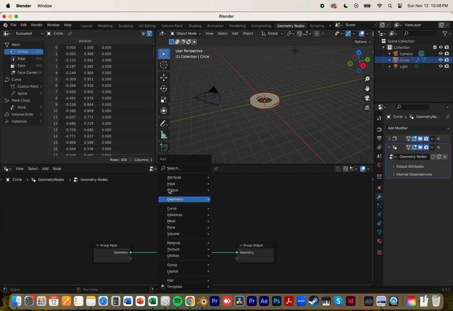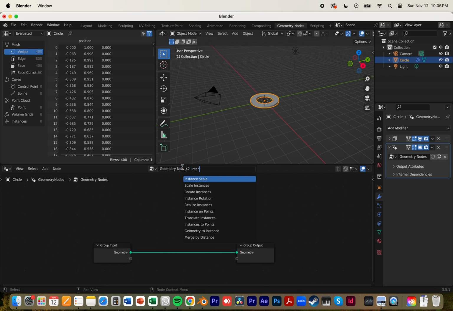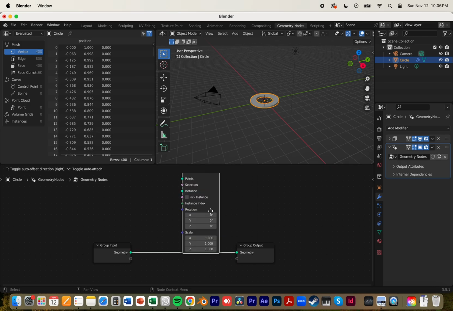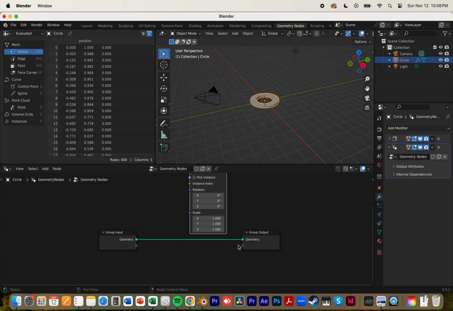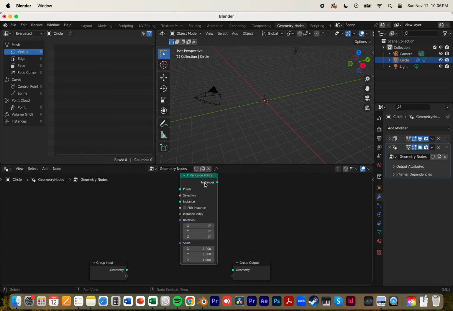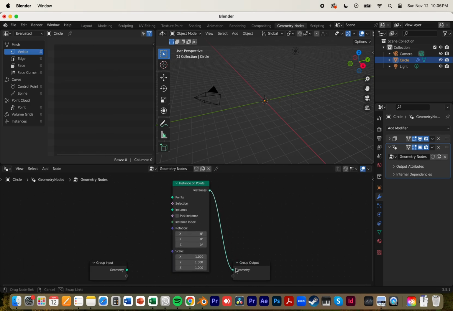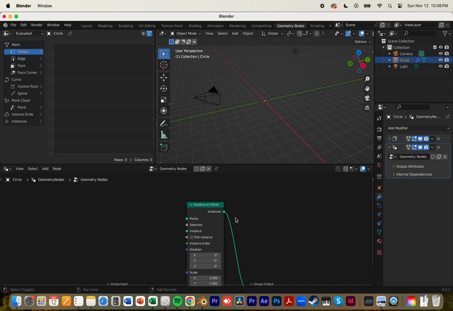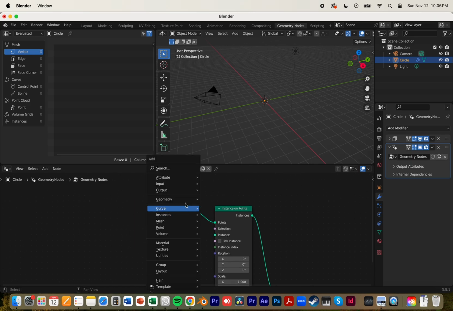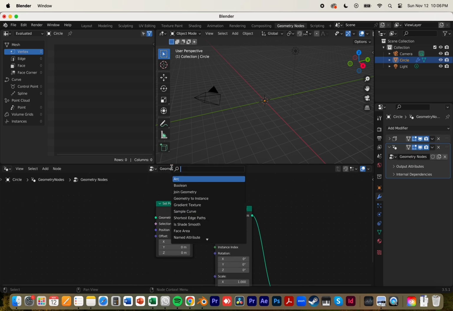right here. The first is the instance. I always forget, instance on points. Instance on points. We put it right here. We disconnect this thing and we connect instance on points with geometry, instances on geometry, and then we put what is set position. We connect it to the points, and on the last part we put a